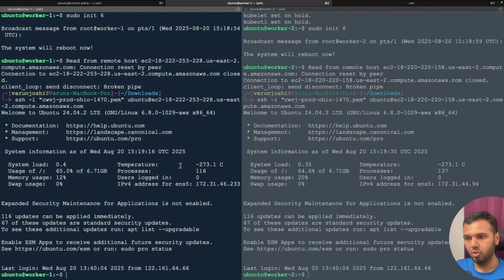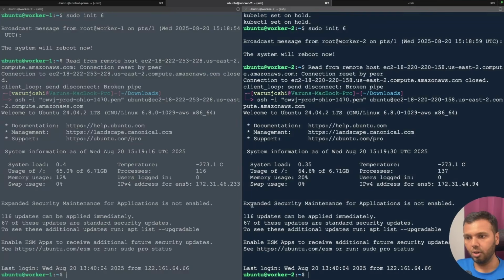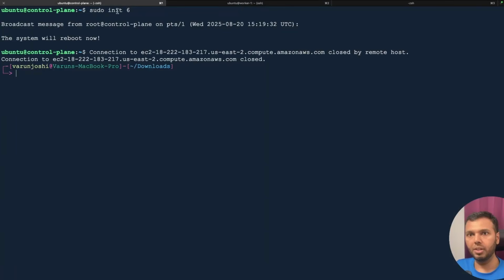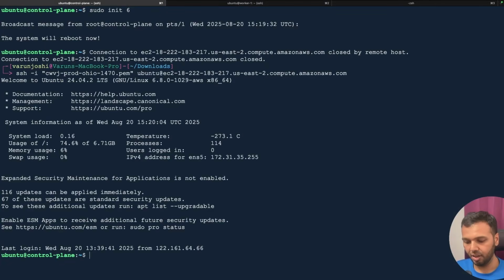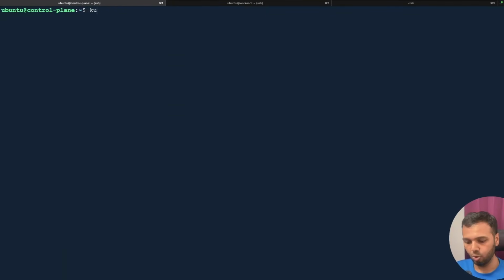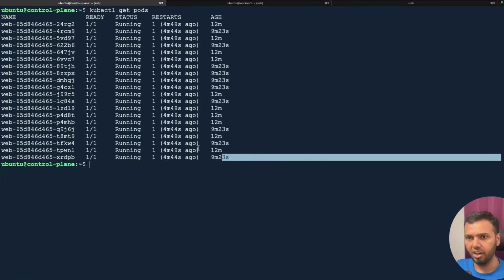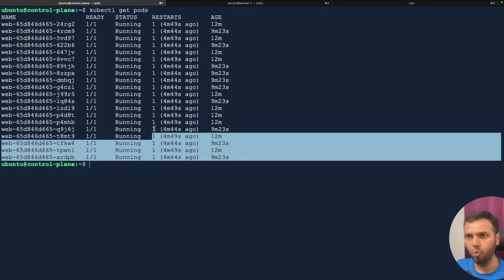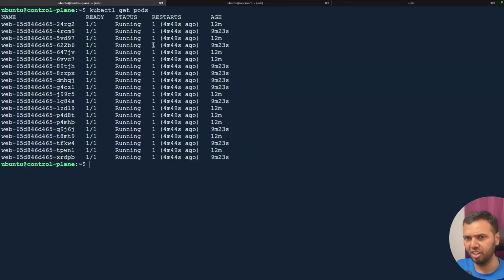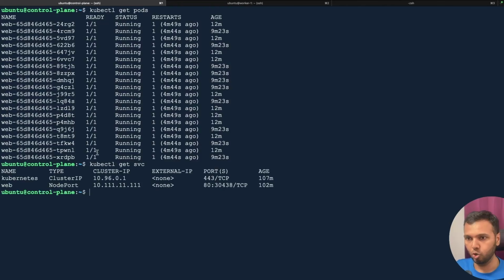Worker nodes should have already come up. So worker 1 and worker 2 are already up. So I am in the control plane node. Let me hit up arrow and log in again. I'll clear my screen. I will run kubectl get pods, and here all our pods are in running state. They only have had one restart, which is expected. The restart happened because we rebooted our node. That is fine. Now I will run kubectl get svc, which shows that I already have a service which is